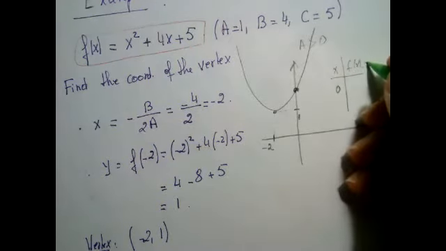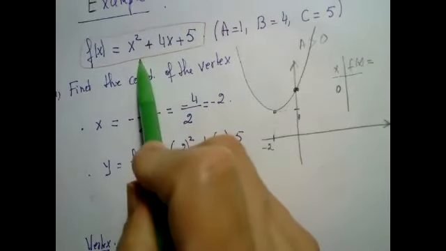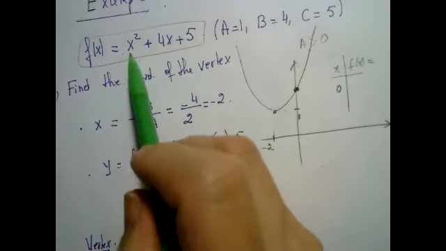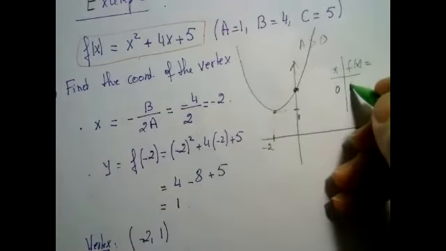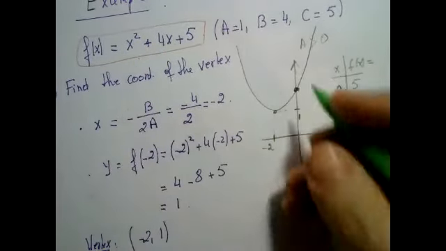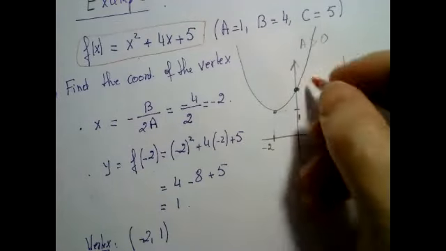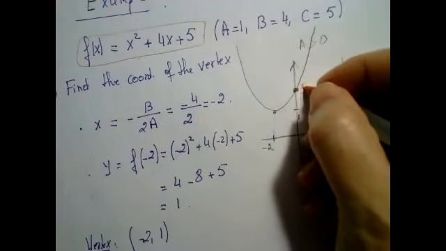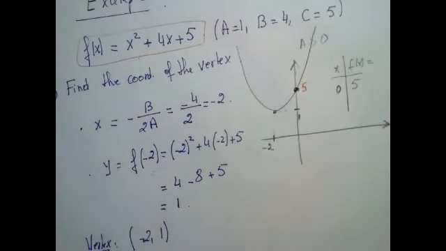F of X? That's the formula for it. So it's gonna be how much? Wouldn't it just be 5? It's gonna be exactly 5. So this value here is 5. So when you're sketching a parabola, to have a good picture